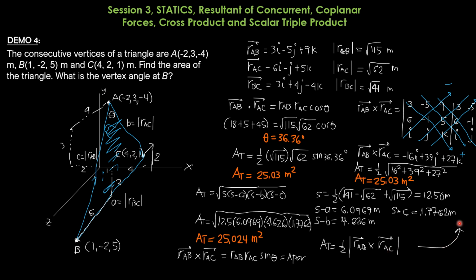Then this is the solution for the cross product of AB and AC. Components of AB first: 3, -5, 9. Then copy 3 and -5, the first two columns. Then AC: 6, -1, 5, 6, -1, 5, copy 6, -1. Then this one, i, j, k, which is